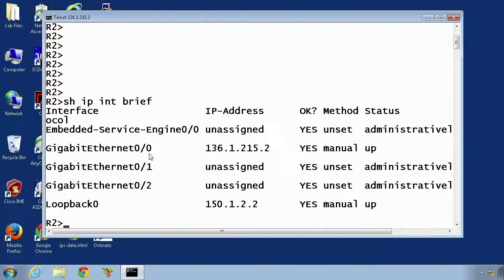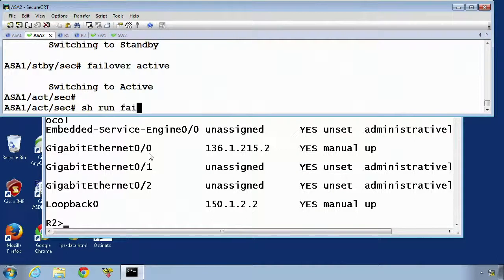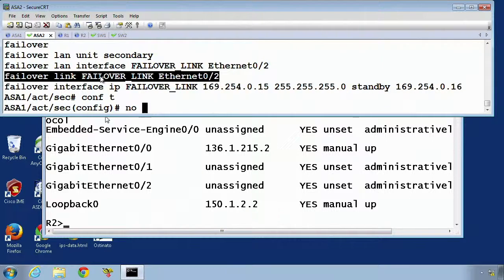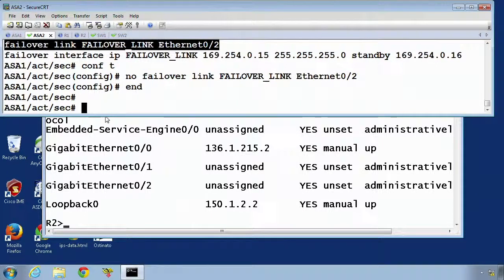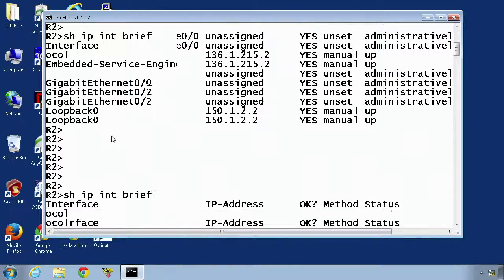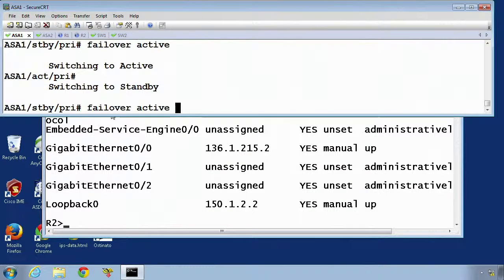If this was a stateless failover, we would see that the connection would be lost and would have to be re-established. So if we go to the active device, let's say show run failover, and let's remove this command, which is the stateful failover. So we're not doing stateful failover anymore, just stateless. We can see the telnet session still open. If we fail back over,